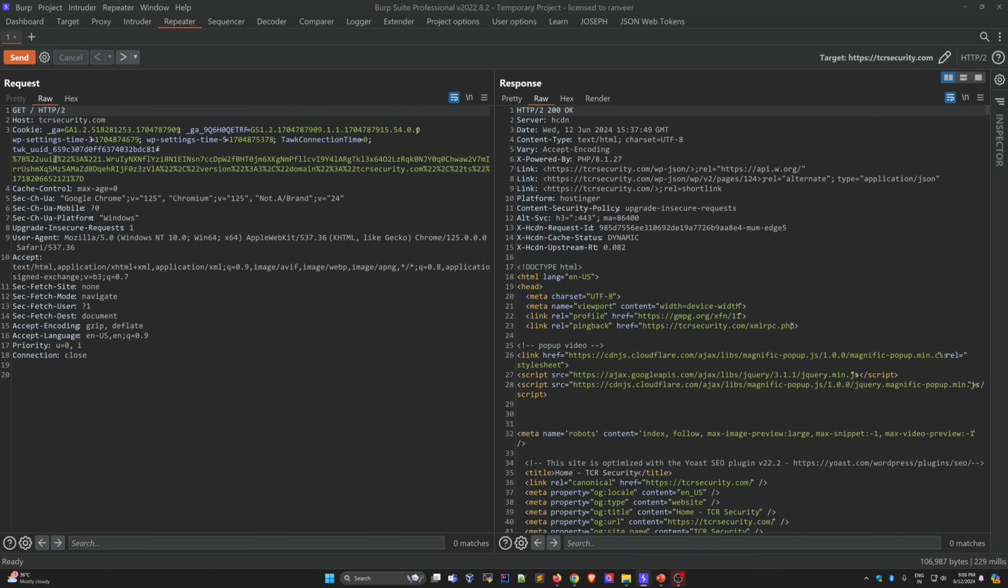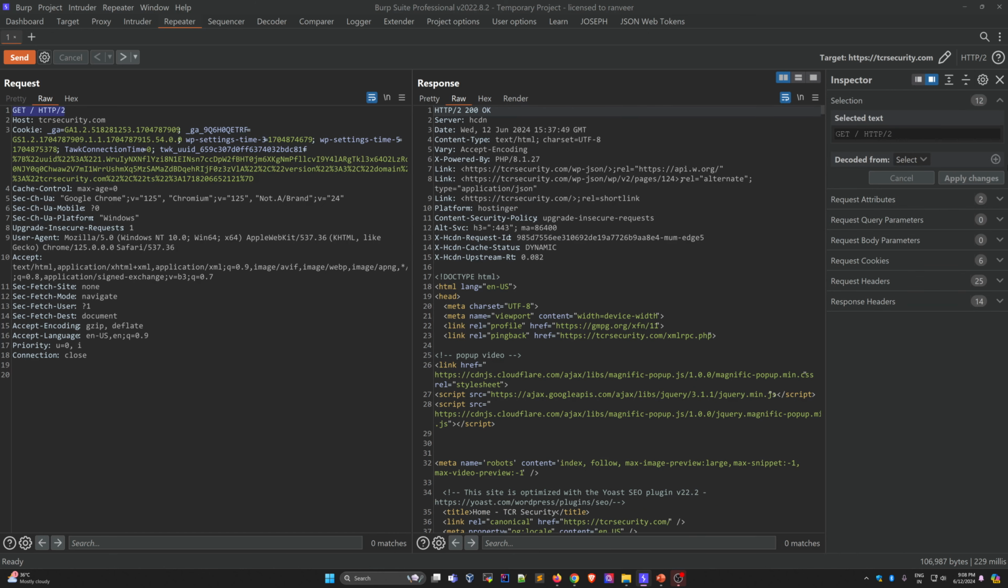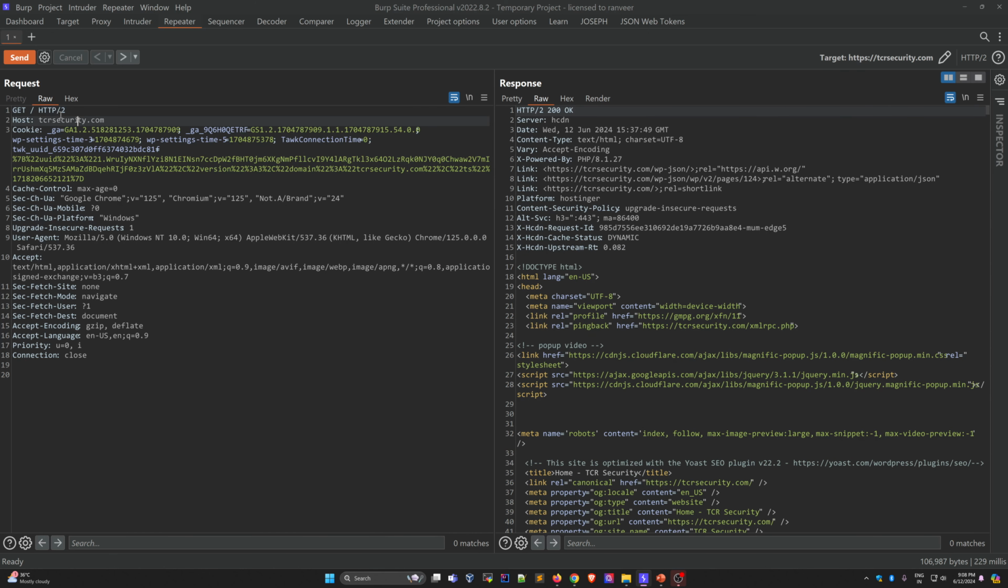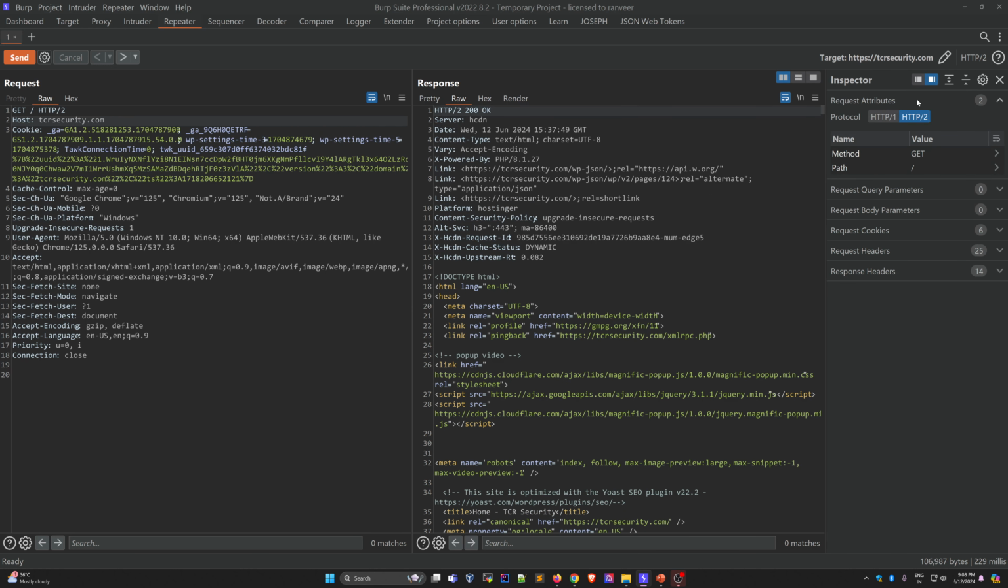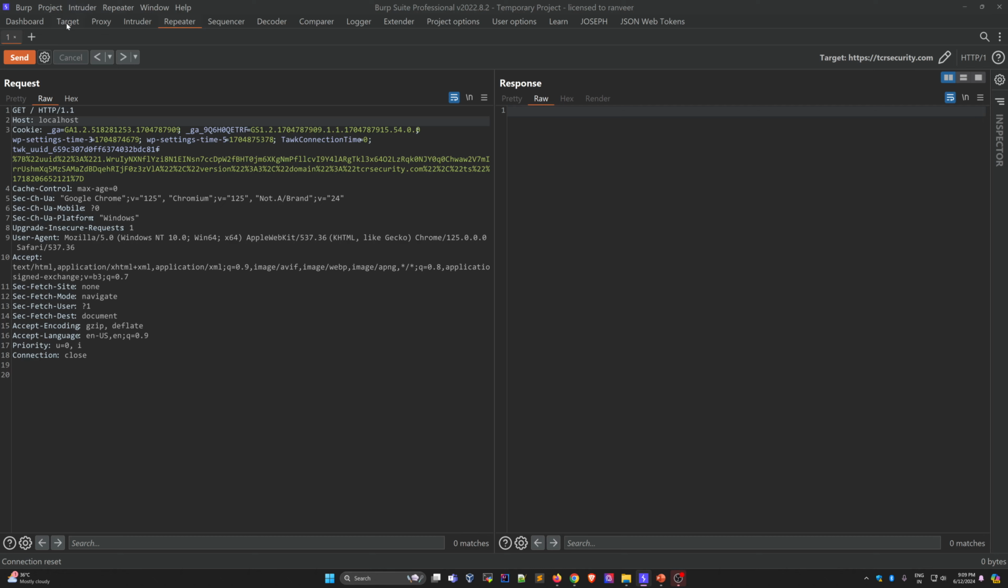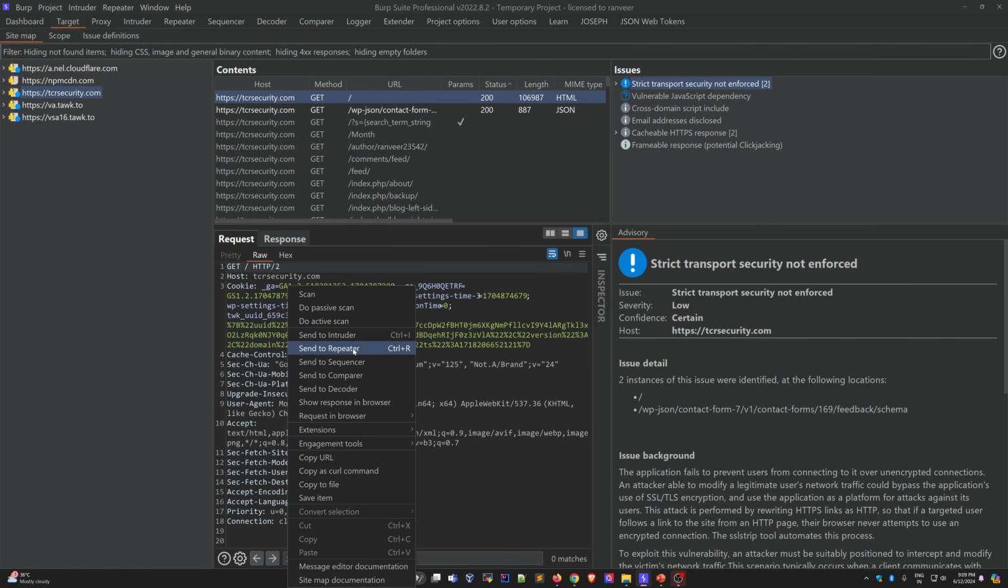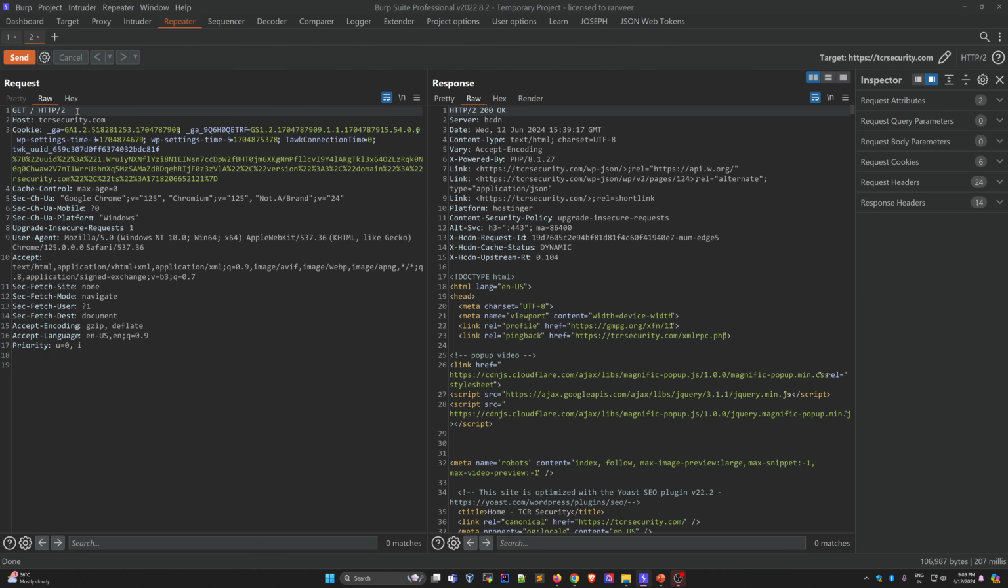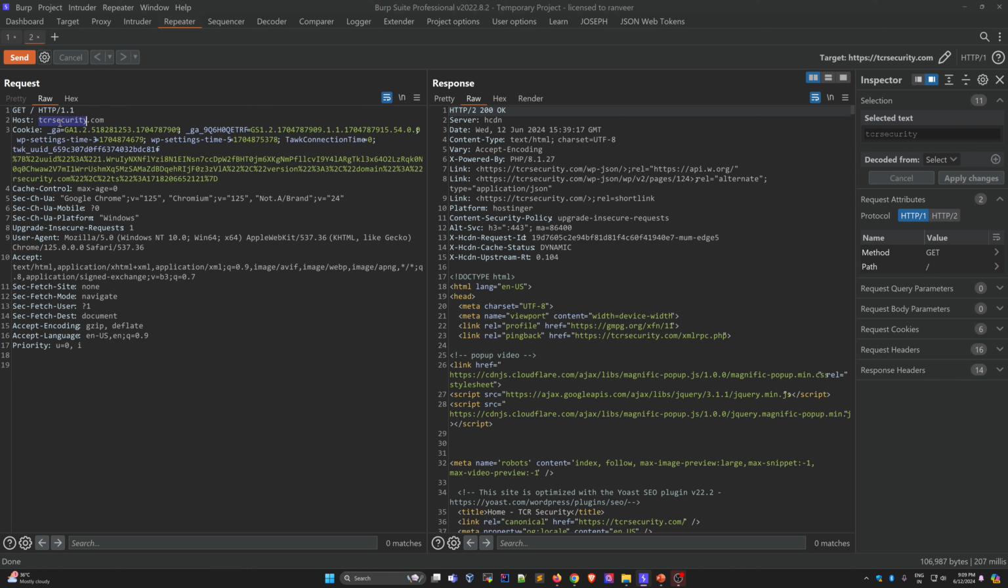Always, if you see HTTP/2, change it to HTTP/1, otherwise this won't work. See how you can change it: click on the inspector, request attributes, HTTP/1. Now it's changed. Now try to change the host. Someday we will talk about this HTTP/2. Again, let's send another request, because that one is already malformed. This is okay, and change it to HTTP/1, and after that,